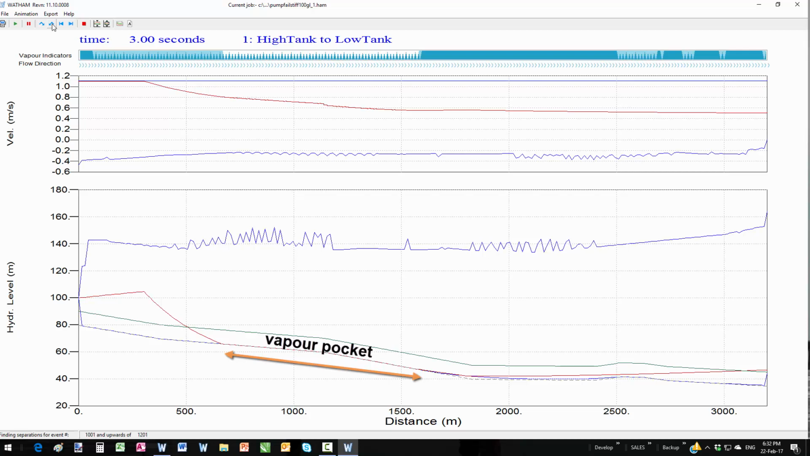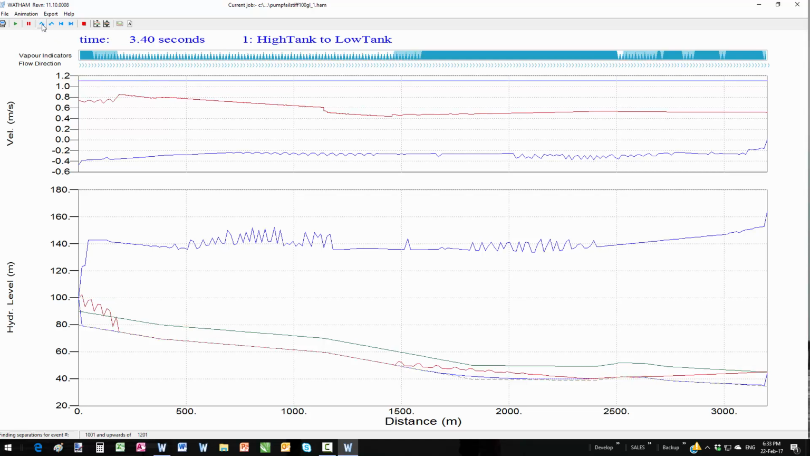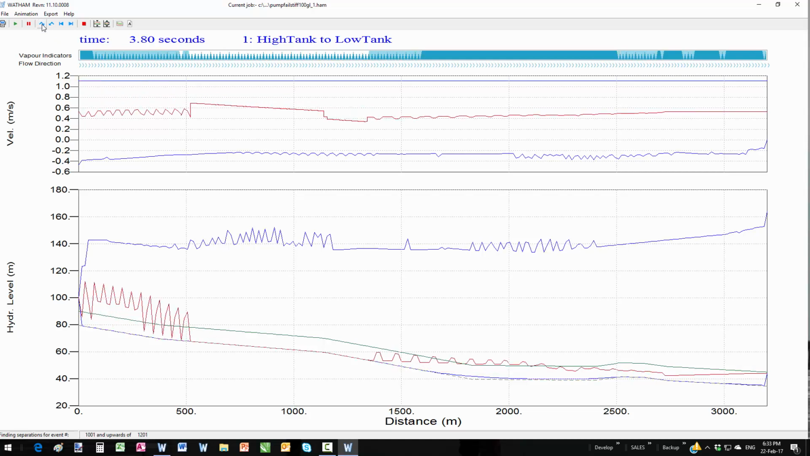The water column has broken. There is liquid water still travelling into the tank. Liquid water is still in the upstream half of the pipeline, and a big vapour pocket is in between these two liquid sections. Now stepping forward to the 4 second mark,